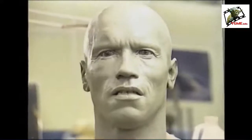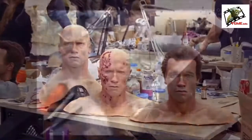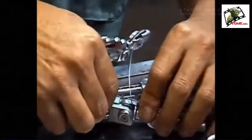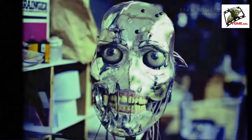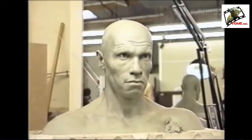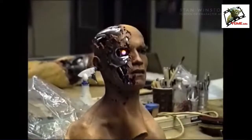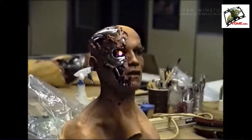We are duplicating life. We are duplicating Arnold. We are recreating, we're giving robotic life to things. We are making animatronic duplications of living things. Once you try to duplicate that life in art, in technology, with the use of servos to animatronically move faces,